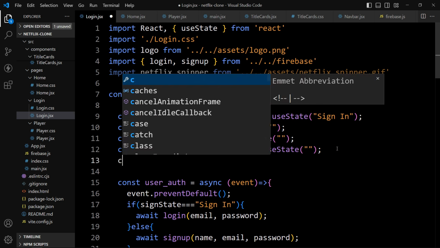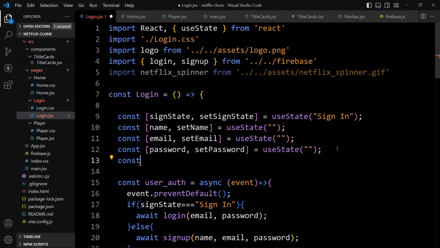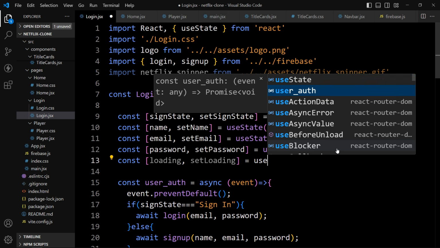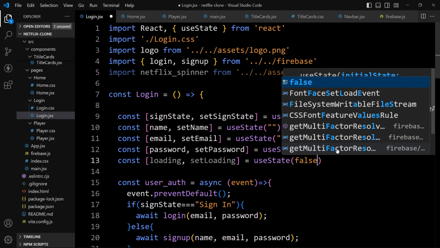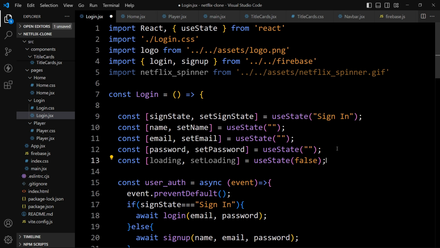After adding this, we have to create one loading state. So here let's add const. Then we will provide the square bracket. It will be loading. Then set loading. And let's add the initial value in use state. So the initial value will be false. So the loading state will be false. So whenever we will click on login or sign up button, this loading state will be true.